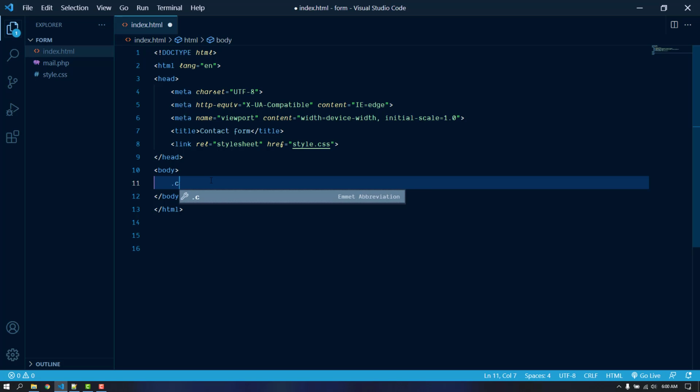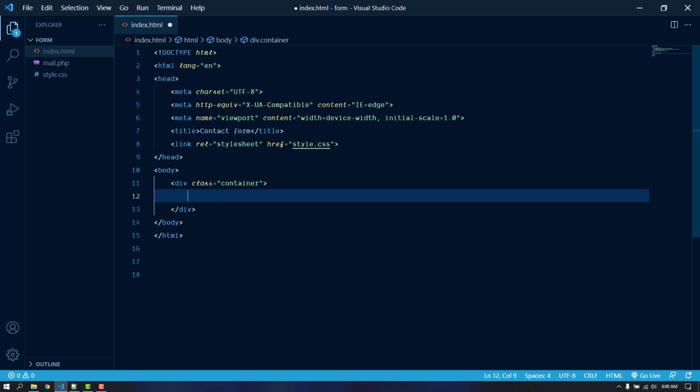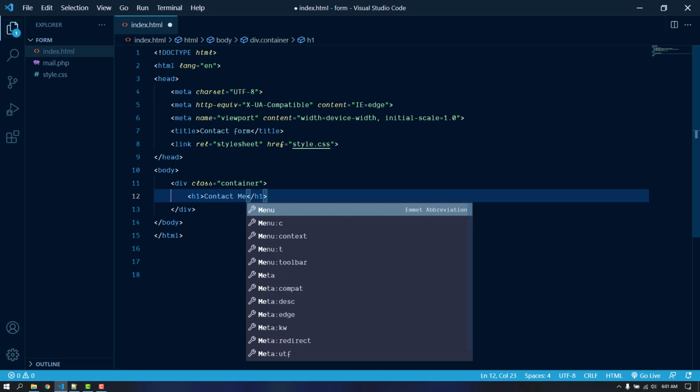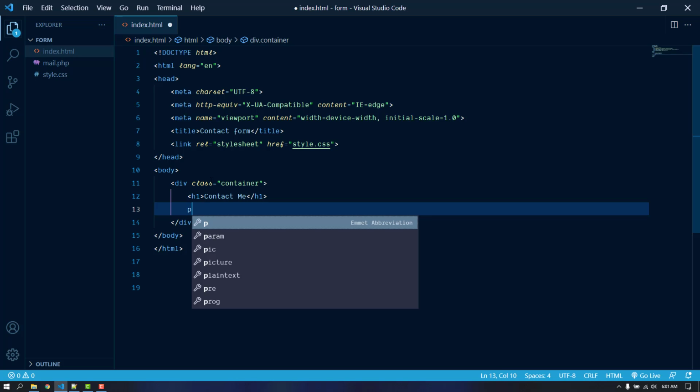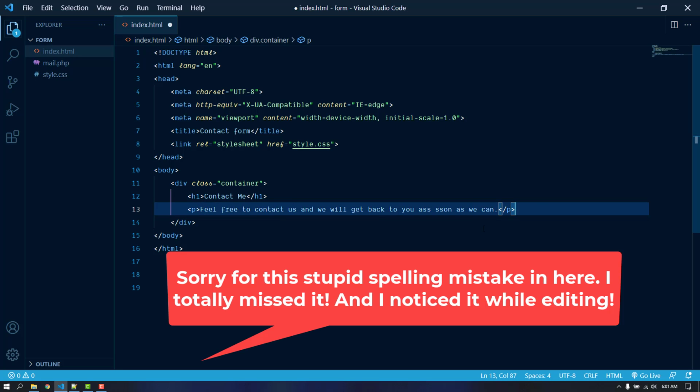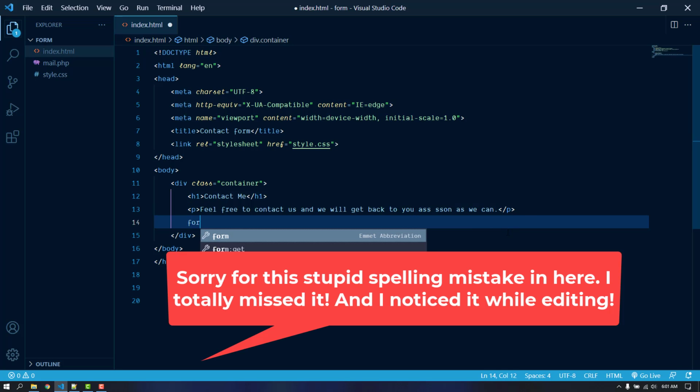I'm just going to create a container div, and inside this let's use an h1 for the title, contact me. Then let's use a paragraph tag to add some other text here. I'm just going to copy this. Okay, this should be our text. Now let's add our form,